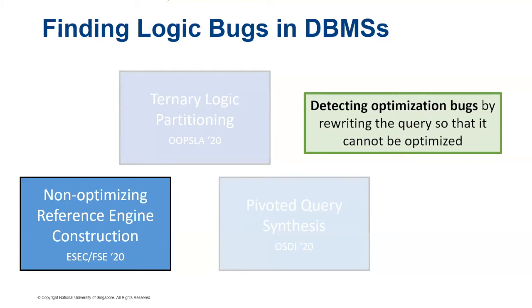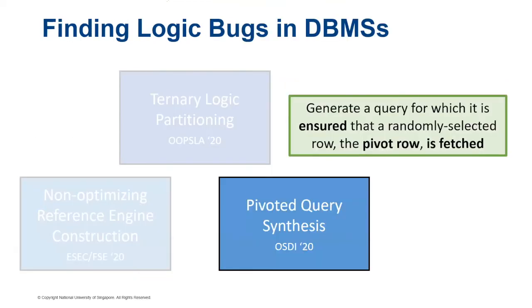For this one, the idea was that we specifically wanted to find optimization bugs by basically having a query that might be optimized by the database management system and then rewrite it to one that cannot be efficiently optimized. And by then checking their results, we could basically find bugs in the query optimizer. But since it's also a metamorphic testing idea, I will not explain it here. Rather, I will go to